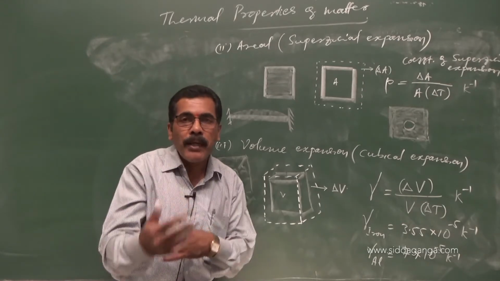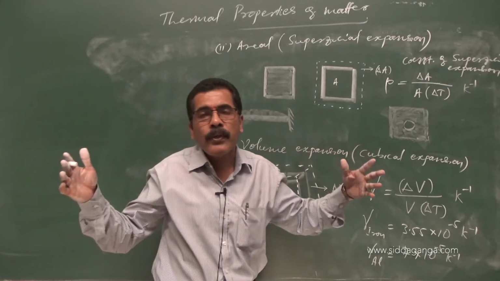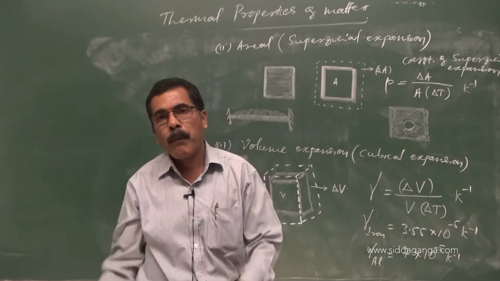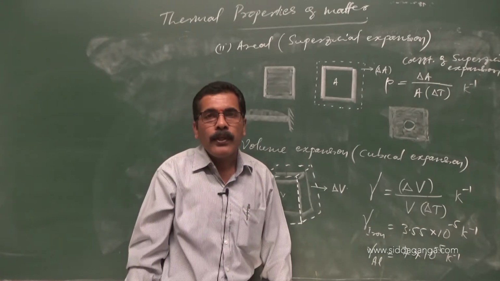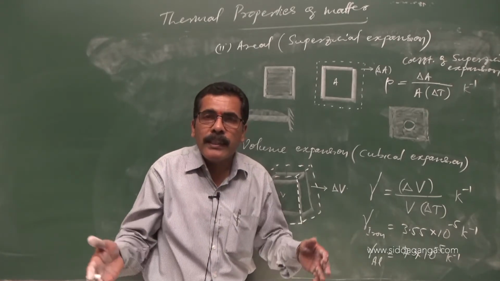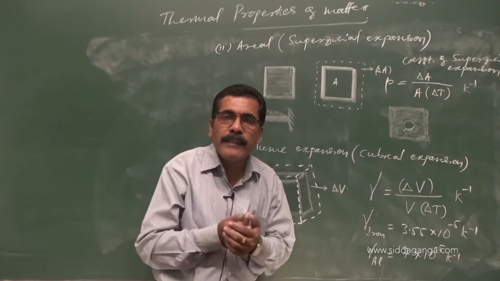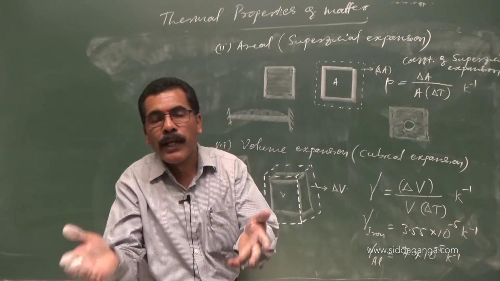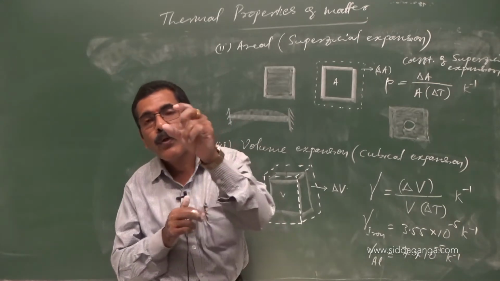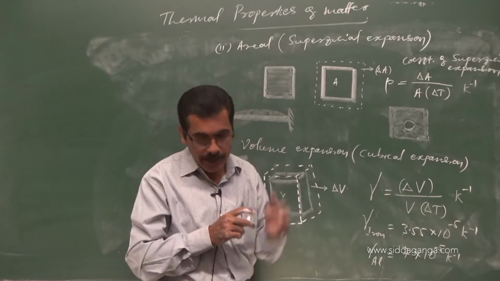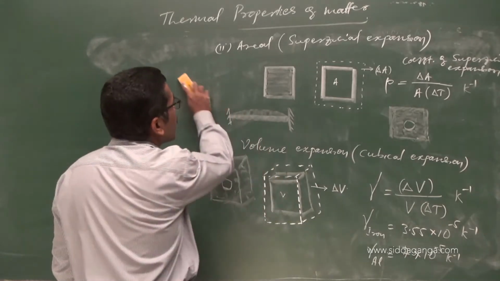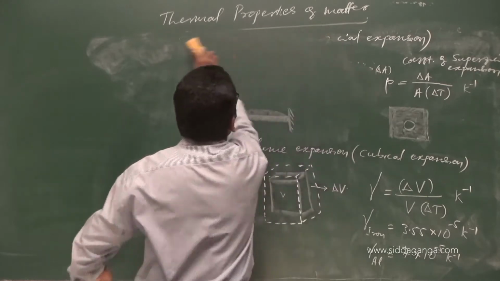With increase in temperature, when it tries to expand, if it is being prevented from expansion, then there will be a bending. See, if there is a contraction with a decrease in temperature, if you prevent it from contracting, then also there will be a stress. Therefore, we call this stress thermal stress. See, we can write the expression for thermal stress like this.